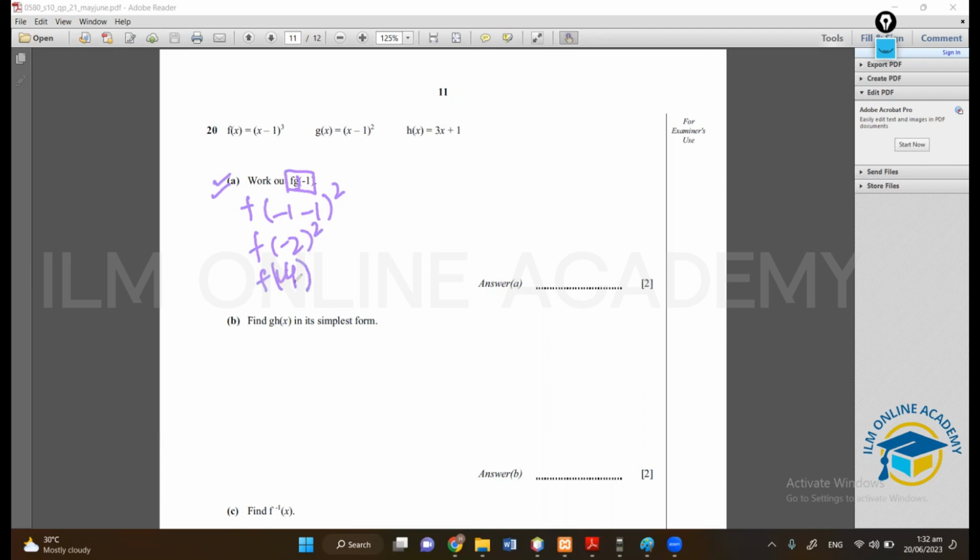आंसर आ गया f of 4। अब ये f of 4 बेसिकली आप f के फॉर्मूले में पुट करेंगे। तो f of 4 क्या बन जाएगा आपके पास, 4 minus 1 cube which is 3 का cube, and the answer is 27। See, the same methodology would be applied here। They are saying find g h of x। find g h